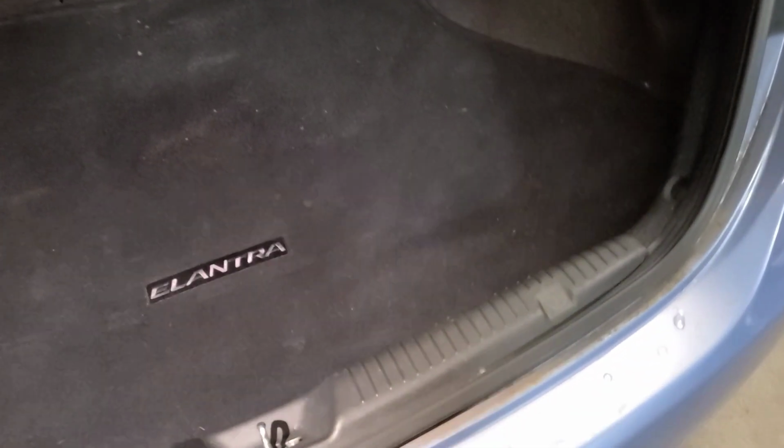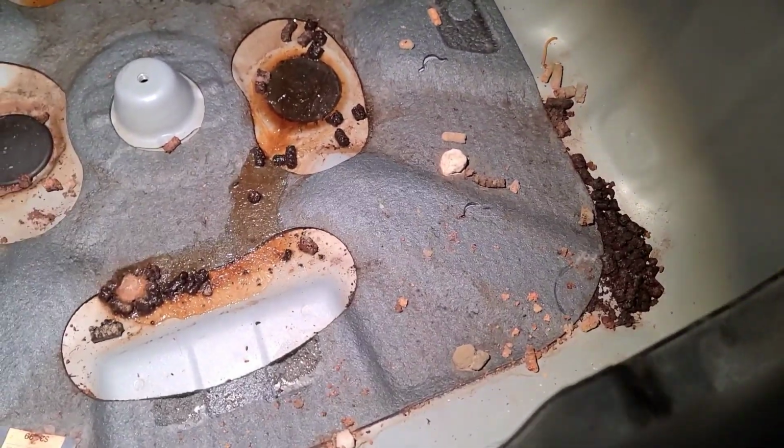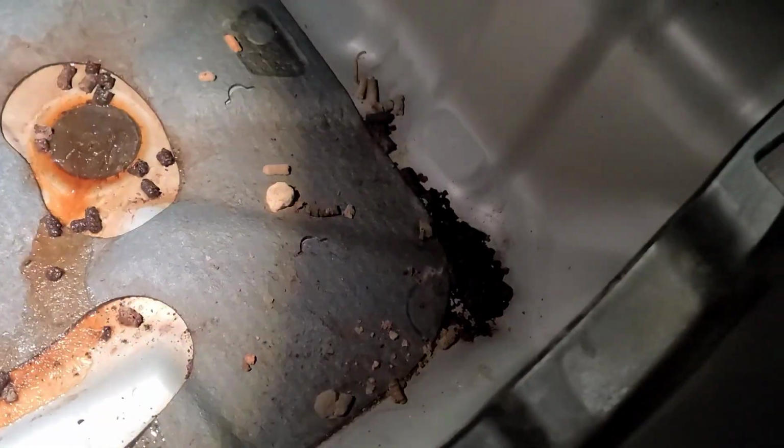But the first thing that I want to do is look in other obvious areas. Mice can appear in a vehicle in 3 or 4 different spots. One is the spare tire compartment. You've got something strange. I don't know what that is. It looks like droppings of some kind, but not mouse. Oh, those are pellets. I think those are wood pellets. Alright, we'll clean that up. I don't think that has anything to do with mice, but we'll clean that up. The next place to look